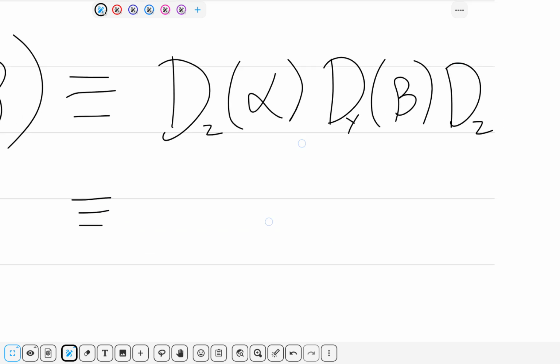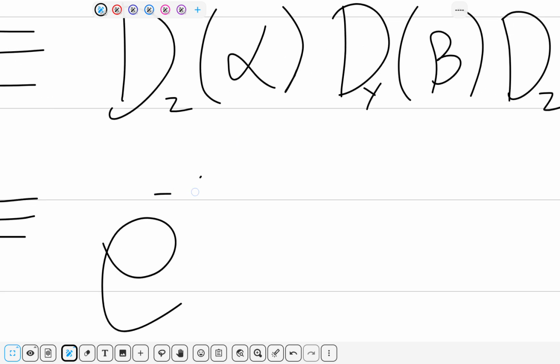And now we can write this as e to the power minus i over h-bar